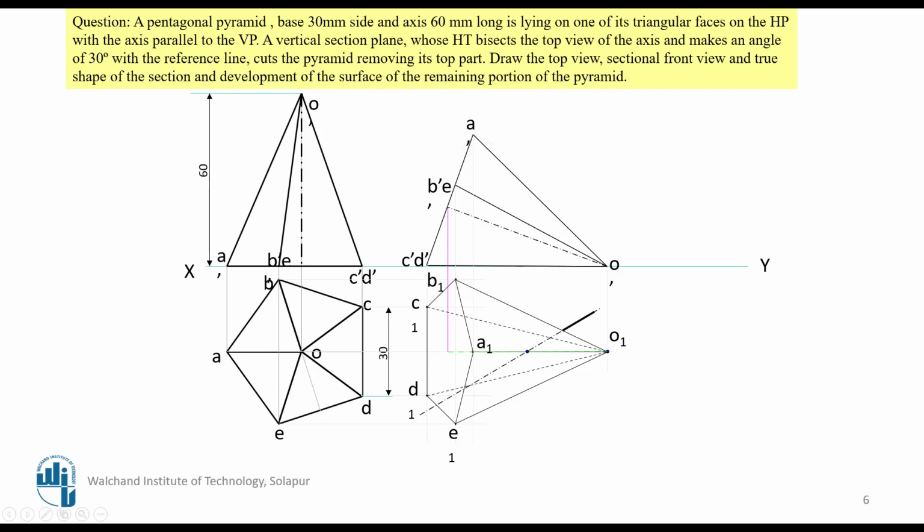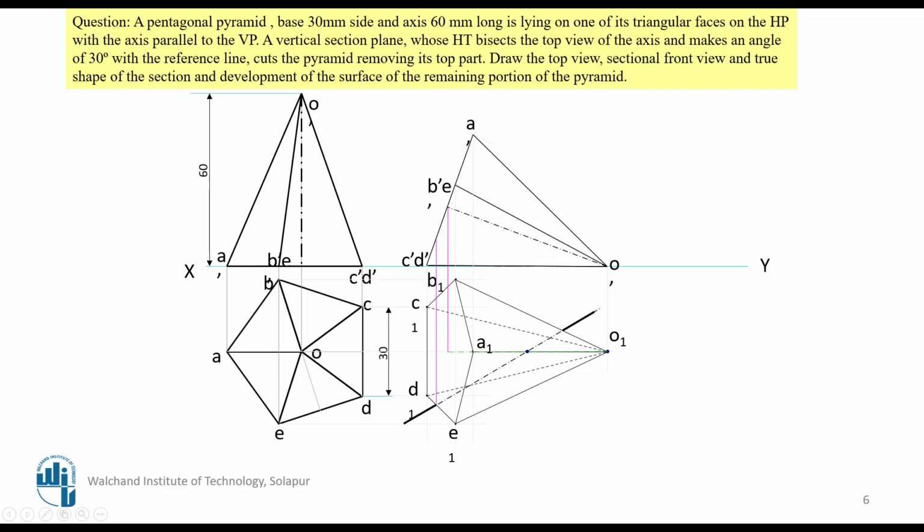Instead of saying the cutting plane makes an angle of 30 degrees with the vertical plane and is perpendicular to HP, to avoid saying perpendicular to HP, they have given this line. You can omit this particular part. Instead of giving perpendicular to the horizontal reference plane, they use this word. Okay, this is a 30 degree line.